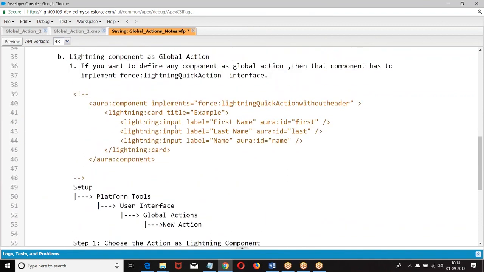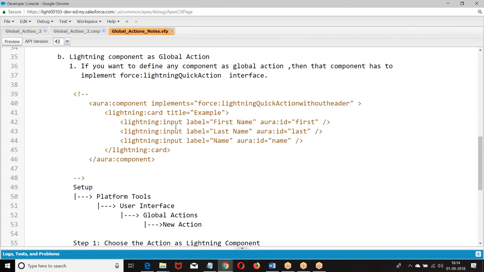Now I made it simple, but we are supposed to go for an Apex class. The extension can be there. We can define an Apex class and insert the data using it, or I can go to the client side controller and call it. I can go with LDS to create a record, or I can go with the events.